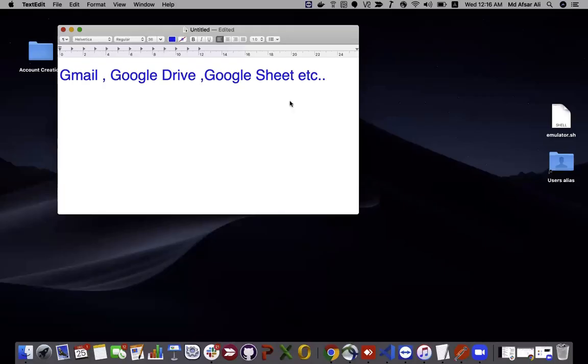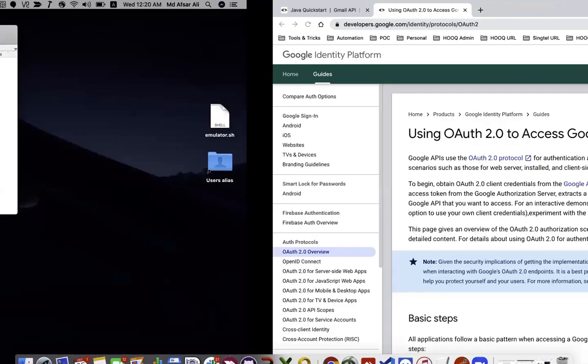So in this video today, we're gonna see how we can access Gmail, Google Drive, Google Sheet, etc. using Google APIs, right? Gmail API, Google Drive API, Google Sheet API, everything. We'll discuss that using Java, how we can access those, okay? So to access Gmail, Google Drive or Google Sheet, we need to